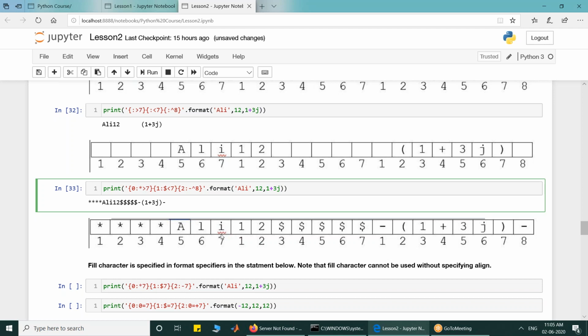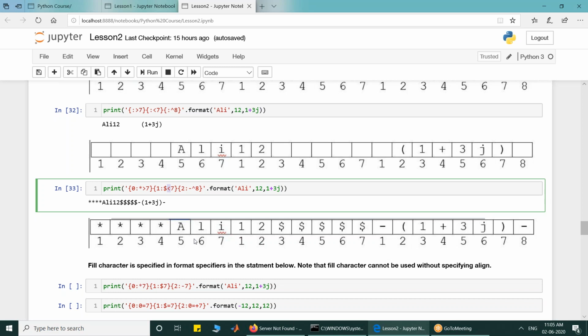That's why it came on 5, 6, 7 number cell. 12, which is by default right aligned, I have told that it has to be left aligned because I have used the less than sign. So that's why it is left aligned, and the leftover blank spaces are filled with dollar. Am I clear, Sudhanshu? Ali is right aligned because we have used the greater than sign here. Am I clear?